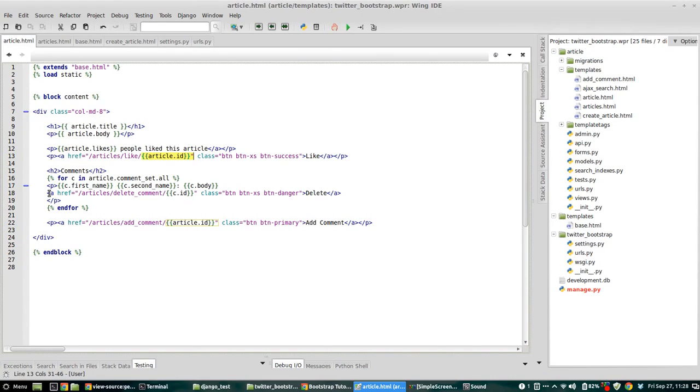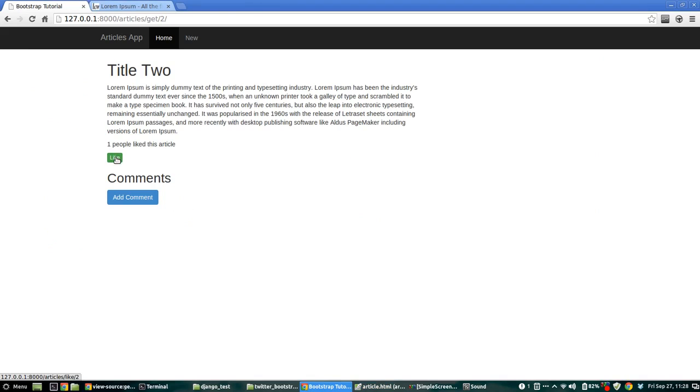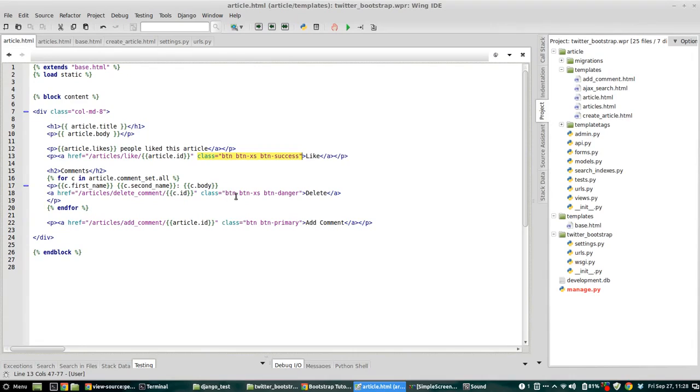And that's pretty much it, other than on the actual link to the like button, I've added these classes. So I've just added CSS classes: button XS, button success, and that is what gives it that formatting. Hence we have a little like button. For the delete button, I've used button XS, button danger. Hence we get a nice